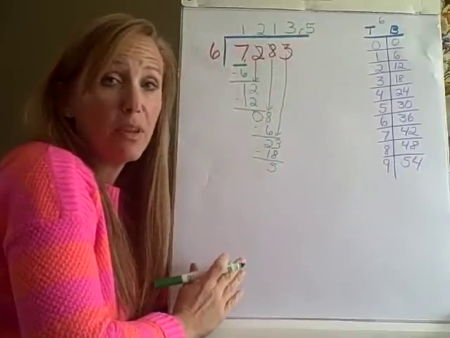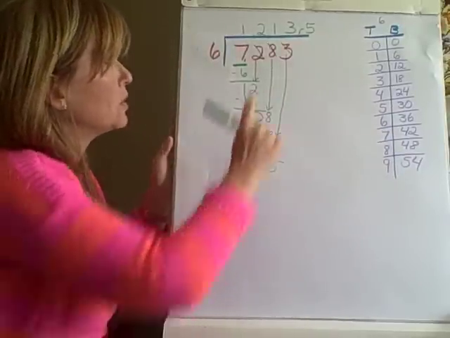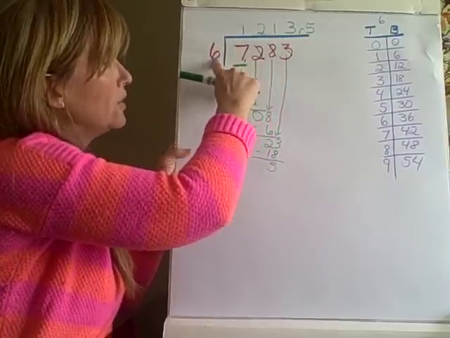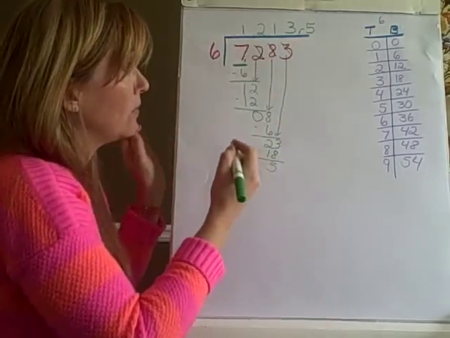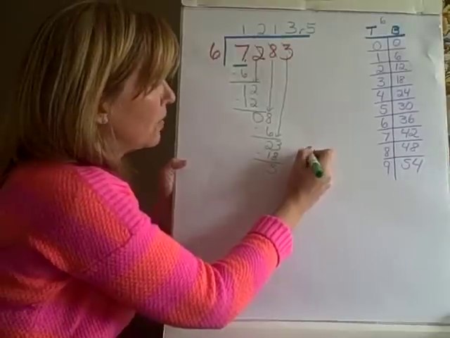Now, the last step is to multiply to check. So let's do that. We have to multiply our quotient by our divisor, add our remainder, and hopefully we'll get our dividend. If not, we've done something wrong. So I'm going to just write over here